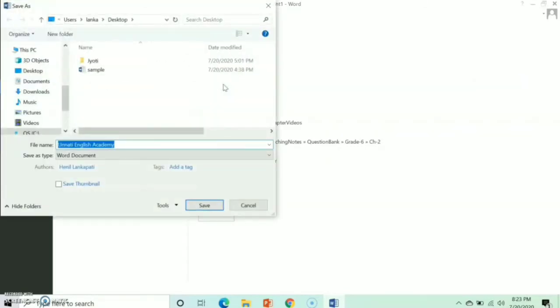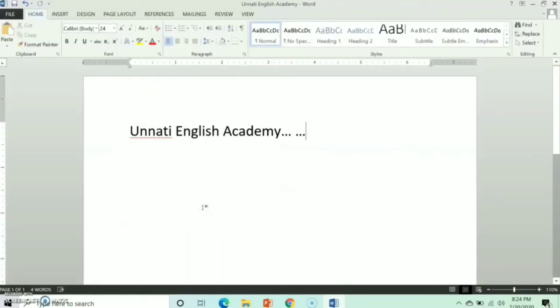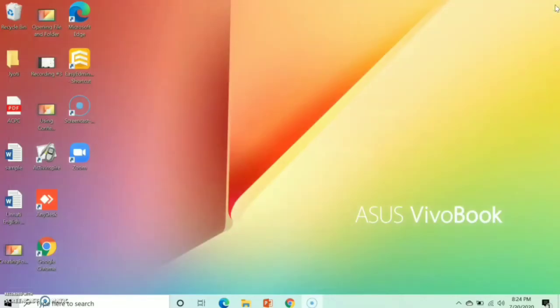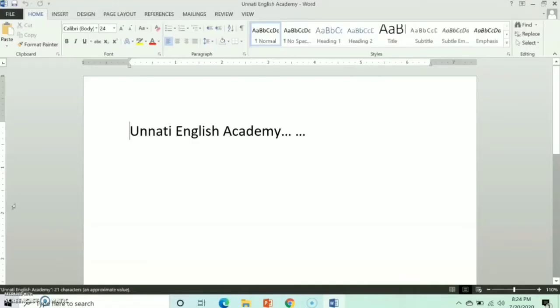I am clicking on desktop, so I will save my file on the desktop. There you have to write the file name, and after writing the file name, click on the Save button. So this is the basic process of creating a file. Now see, on the desktop my file is there, Unnati English Academy. This way you can create your file.